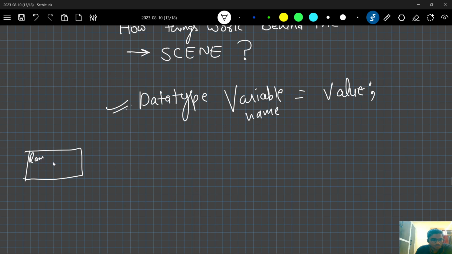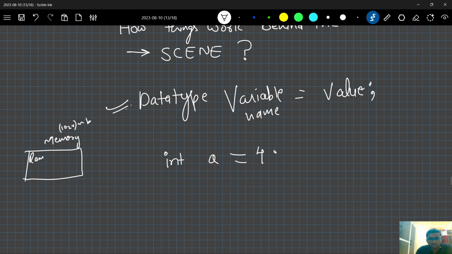Suppose it has some memory, say 1024 MB. So basically what we have studied is int, which is a data type, variable name is equal